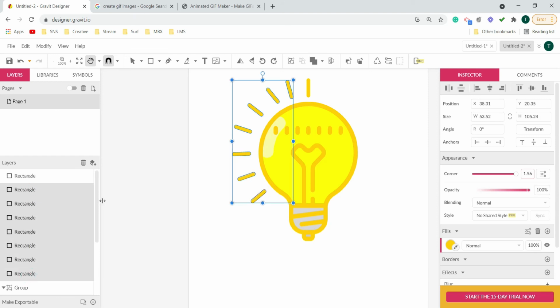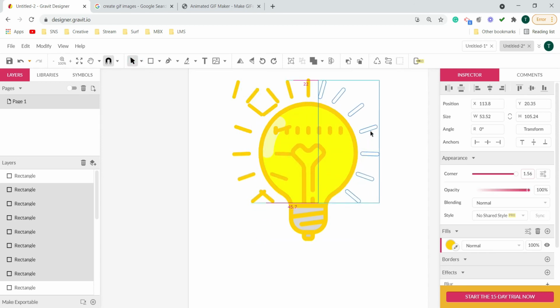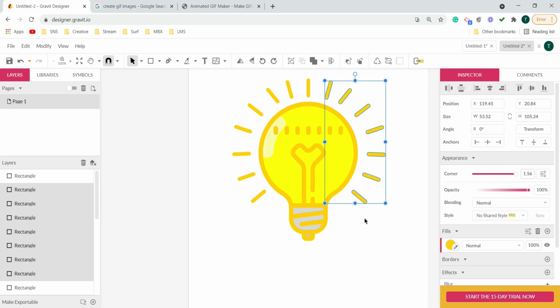Now I have carefully left this one because I don't want the copy of this one. This is like the center point, we can say. So let it be over here. We will just copy all these strokes on this side. So I'll copy and paste, Control C and Control V, and I'll just flip it horizontally, and I'll move it on this side. Okay, so you can see now that we have saved some of our time and reduced that effort.